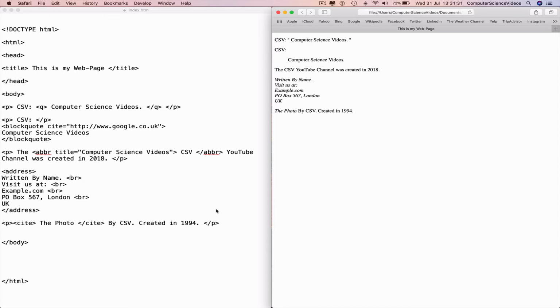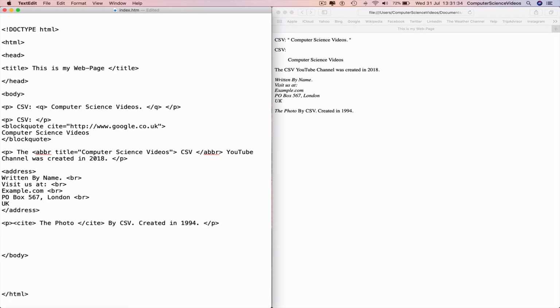So now, if we move on to the next line and type in BDO dir equals speech marks RTL, this text will be written from right to left, and then the end BDO element, and now we can Command S to save,